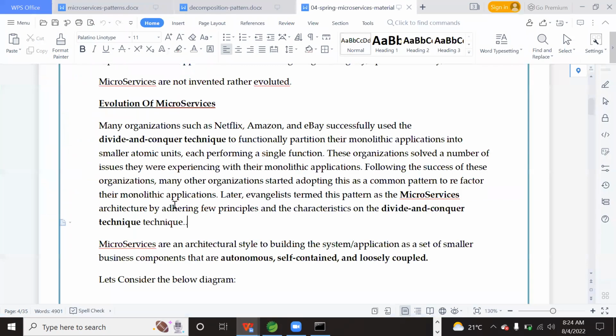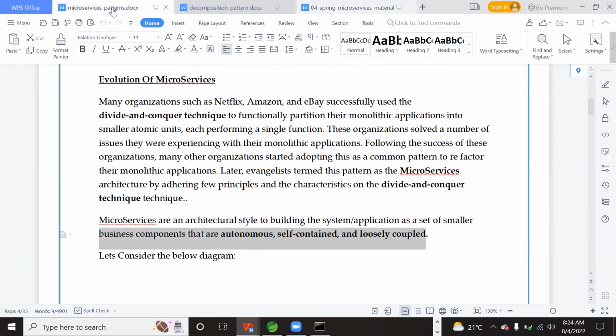If we apply a few principles and characteristics on the divide and conquer technique, then it becomes microservices. However, microservices are an architectural style for building applications as a set of smaller business components that are autonomous, self-contained, loosely coupled, independently deployable, self-executable.